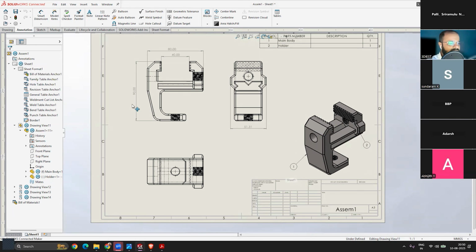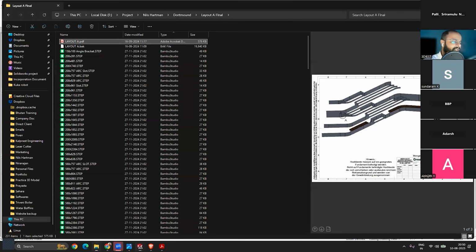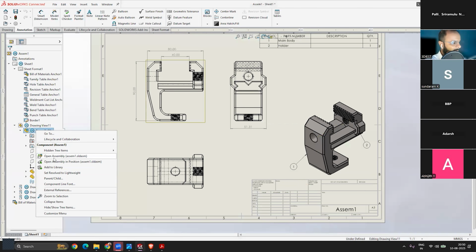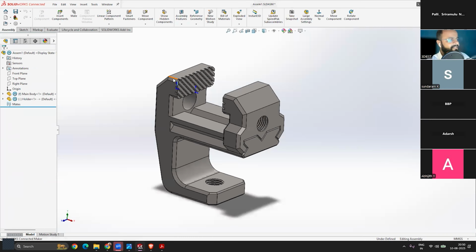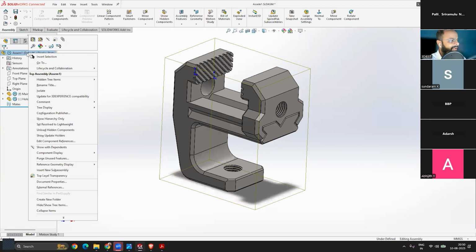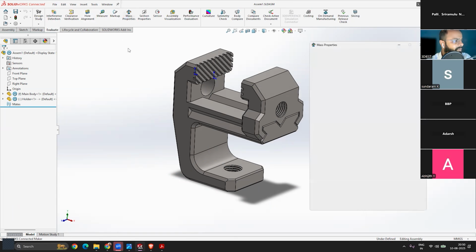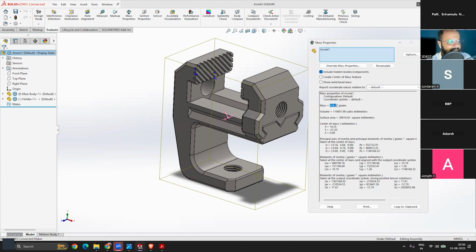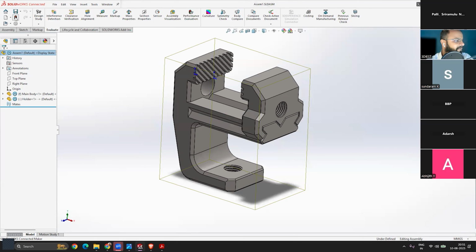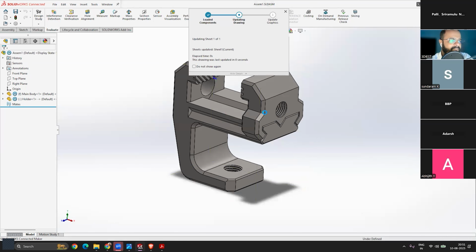And here also, we have to make a change in the assembly as well. So we'll also have to open this assembly file. Open assembly file. Yes. Here you can see this is my assembly file. We'll right-click, and go on and find. So I think it's almost done. We'll go to evaluate and check the mass properties first. So here you can see the mass is coming 928.22 grams. So the mass property is good. We'll close this one. We'll click on update, save, close.